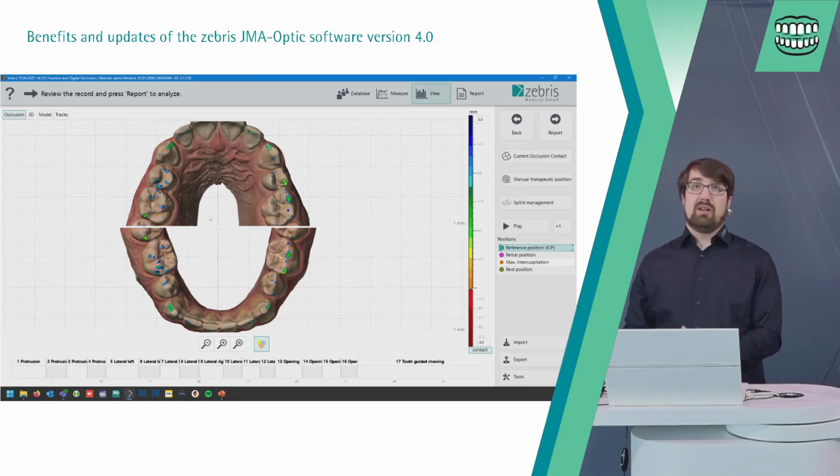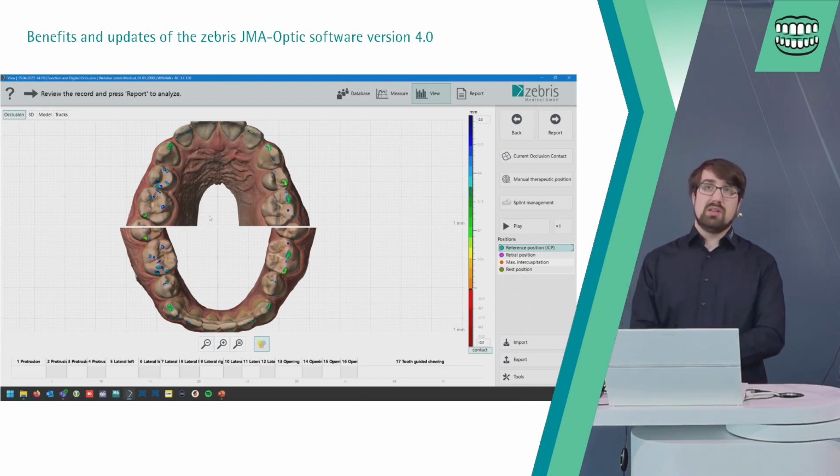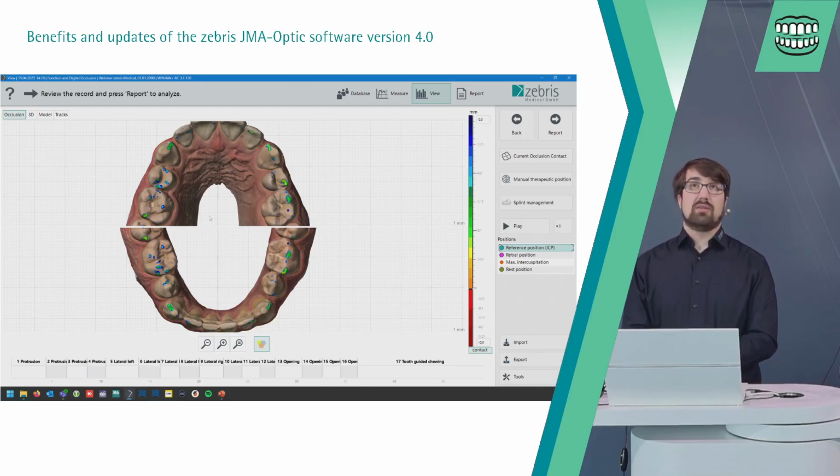If you say, I know I can do good IO scans, please use your scans you just made. But if you have big intersections and you can't remove these intersections later on because you want to make your measurement, you want to give the data to your technician, we give you a tool to reduce the intersection, delete the intersections in your IO scan. So your dental technician has clean data he can use in exocad, for example, and doesn't have to manipulate by hand to get rid of these intersections or manipulate the surfaces of the teeth.